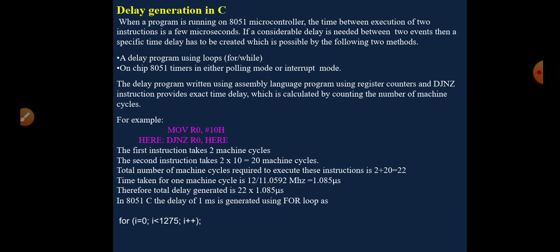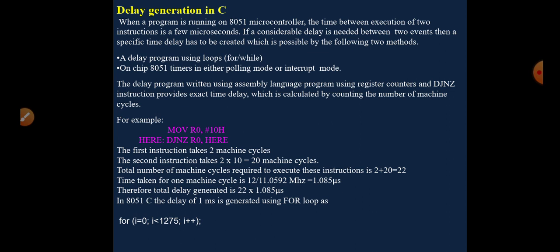Coming to the next one, that is delay generation in C. When running a program on the 8051 microcontroller, the time between execution of two instructions is a few microseconds. Normally the time required for one machine cycle depends upon the operating frequency, and if we take the operating frequency as 12 megahertz, then the time required for one machine cycle is 1 microsecond. So the time between execution of two instructions is a few microseconds. Hence, when the values on a port